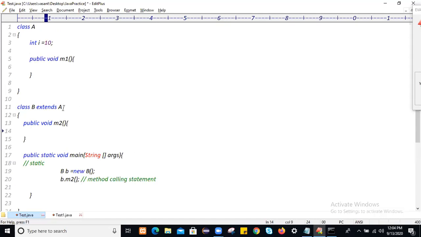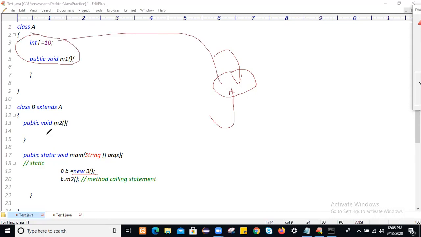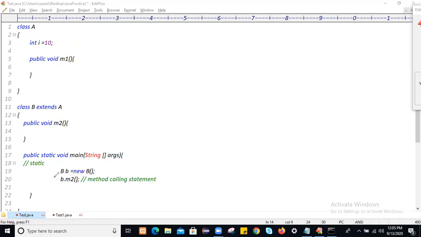So by using the super keyword, you see what we are saying. To use the super keyword, child class object creation is mandatory. The moment you create a child class object, all the instance members of the parent class as well as instance members of the child class will get loaded into this object. These are the instance members of the parent class; they will get loaded into this object, as well as this instance method. What is the name of this object? B. So how can we access parent class property? By using the reference variable name of the child class.